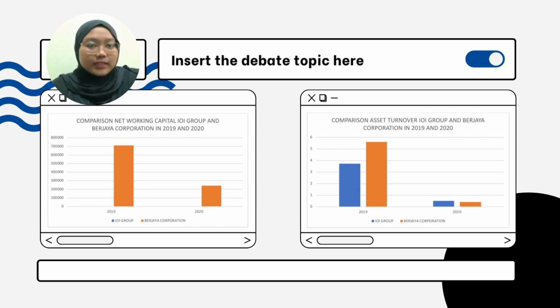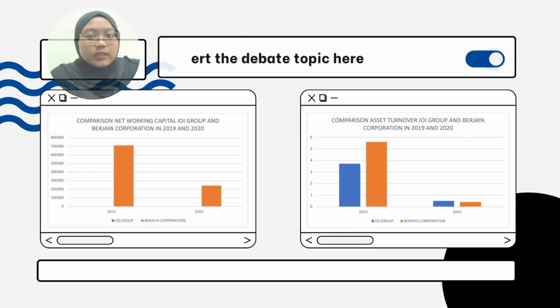For total asset turnover, in 2019, Berjaya Corporation has a higher total asset turnover of 5.060 than IOI Group by 3.73, but in 2020, IOI Group has a higher turnover of asset by 0.5, while Berjaya Corporation decreased to 0.4. Based on the data, we can conclude that IOI Group has a more efficient and effective way to manage its